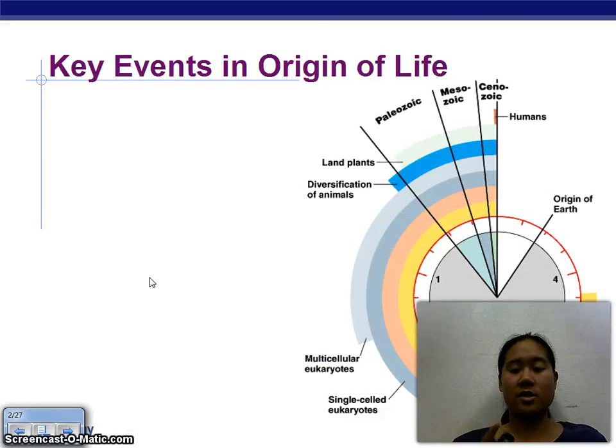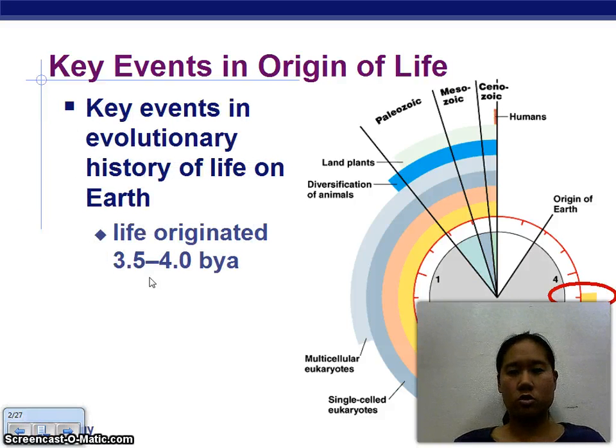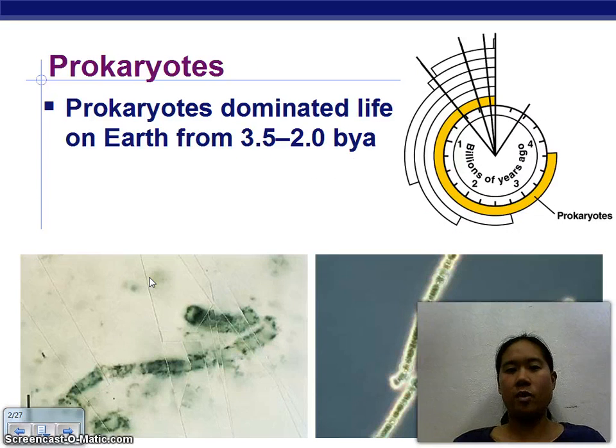So we now have an idea of heredity, we have an idea of cell membranes, we have an idea of how these molecules started. So now we just want to look at some key events on how this all came about. You might have heard of the clock analogy, where humans have barely been a few seconds on the clock if all the history of life was 24 hours. But just to pick a couple of key events that you might want to remember, life originated 3.5 to 4 billion years ago. From there we had the prokaryotes.